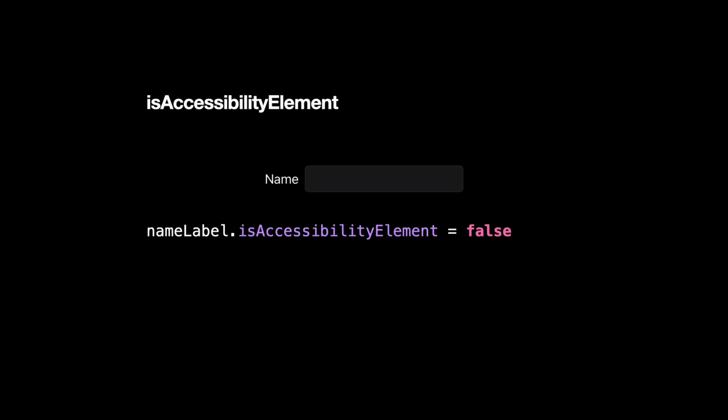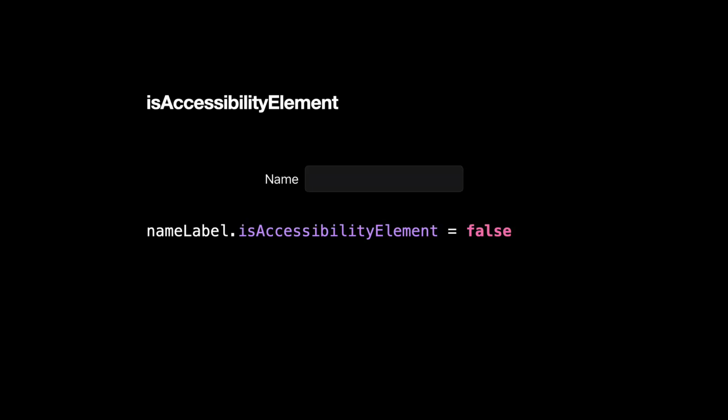Here I have a standard label and a text field. It kind of looks like a text field. These are what they look like by default. There are two elements here. VoiceOver reads the label as name and the text field as text field. Double tap to edit. The last part is a default hint.